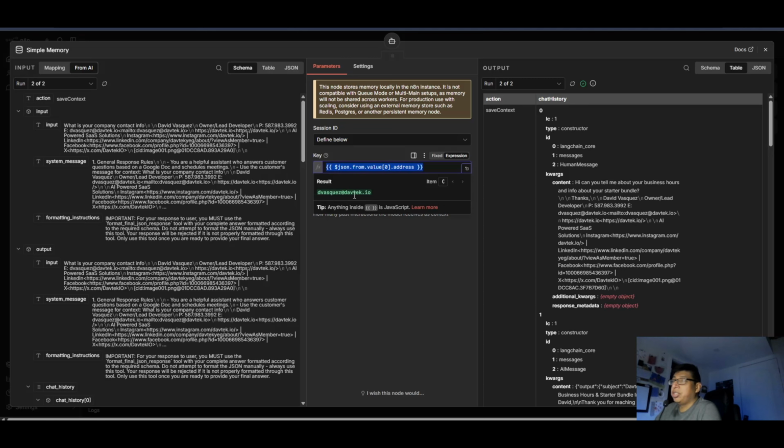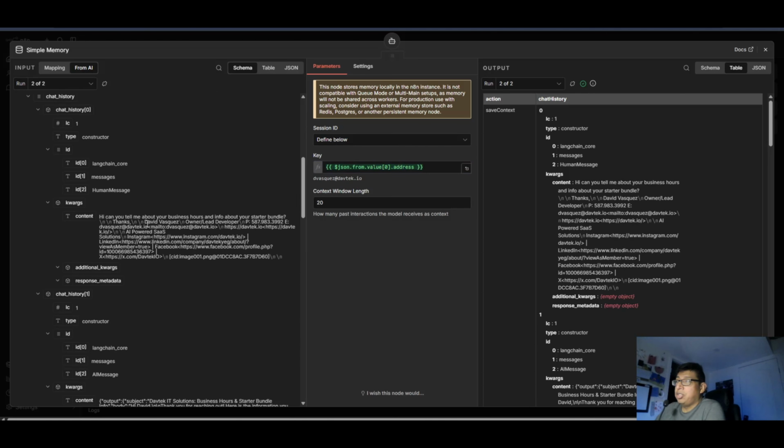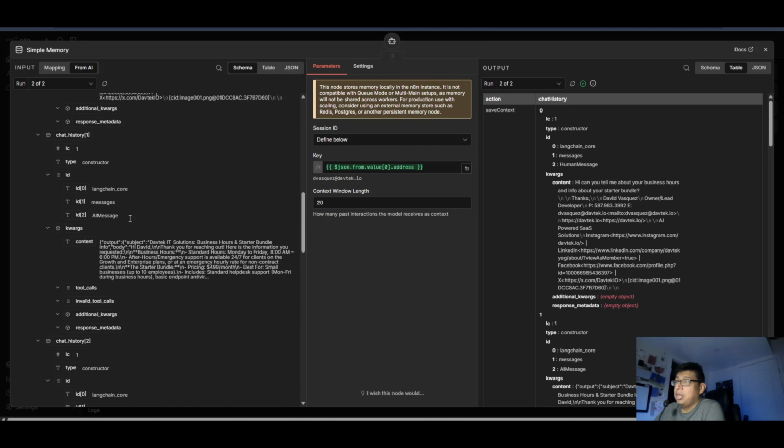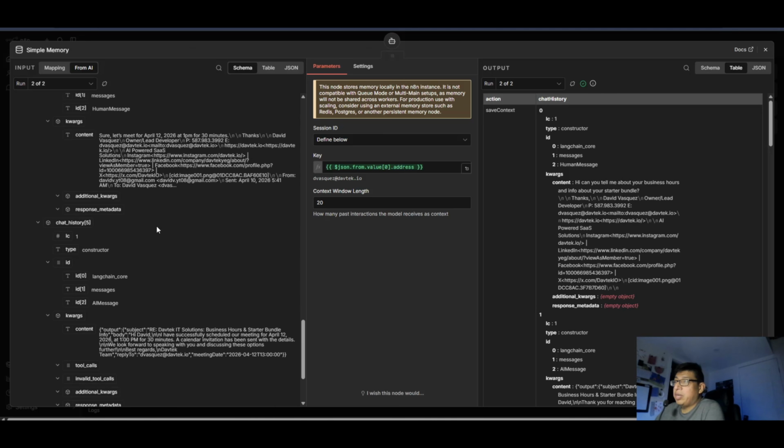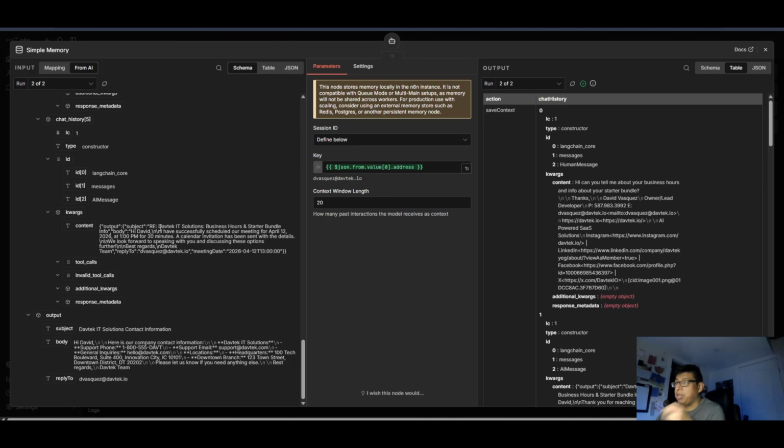So this is the address that it's coming from. So the way you can do that is you just look for the email. This is how I set it up. If you're setting this up with any other type of mail service, different node, I just drag and drop this variable and I dropped it in there. So that's what I did when I was configuring that.